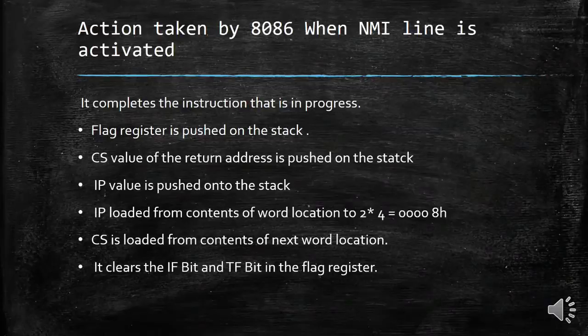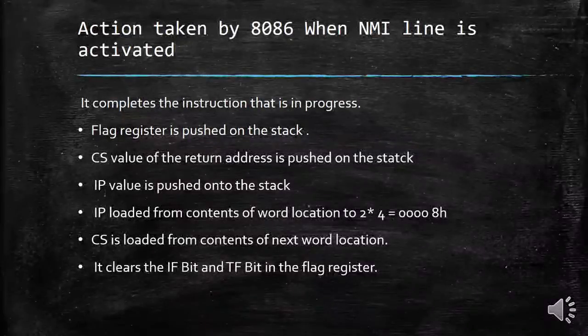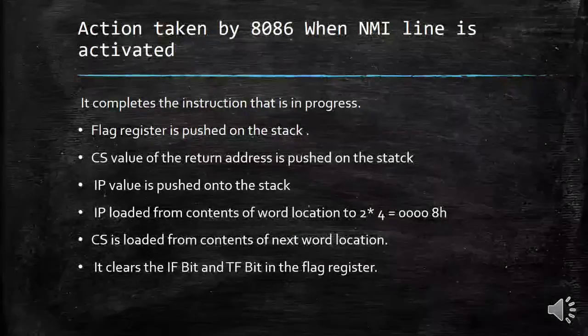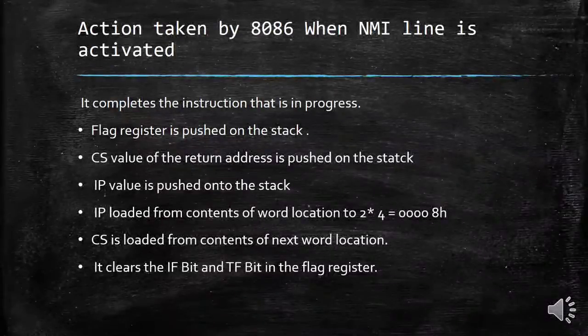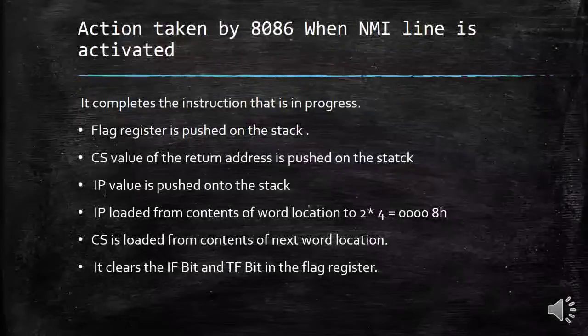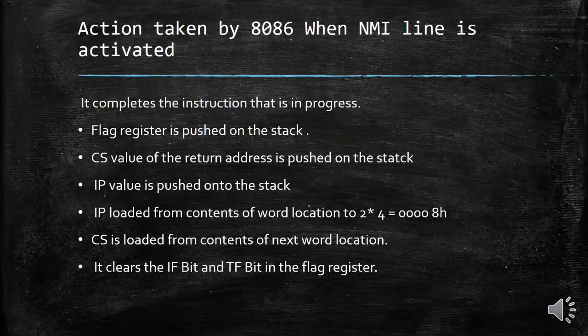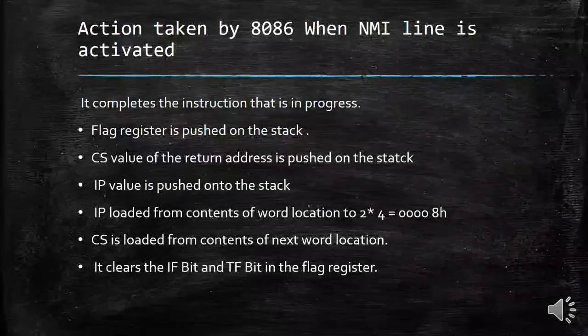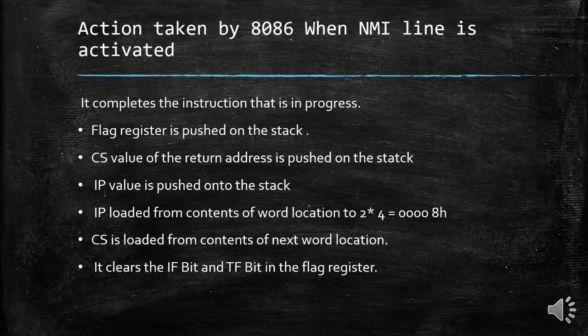The common use of the NMI interrupt is to save the program data like contents of all registers, the interrupt vector table, etc. in a battery backup RAM, in the case of power failure. To achieve this, we must have an external circuitry which detects AC power failure.